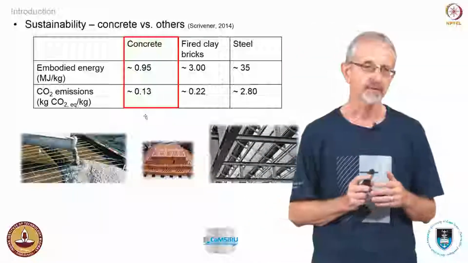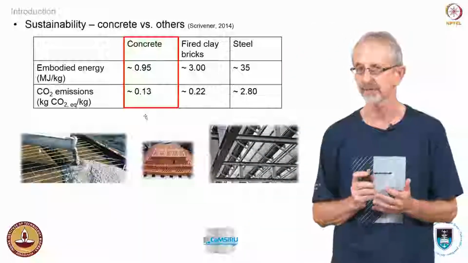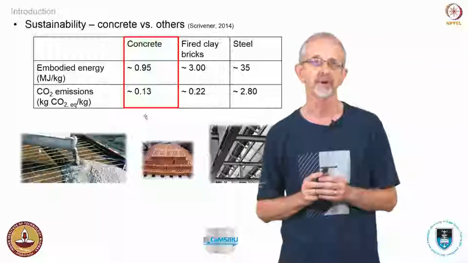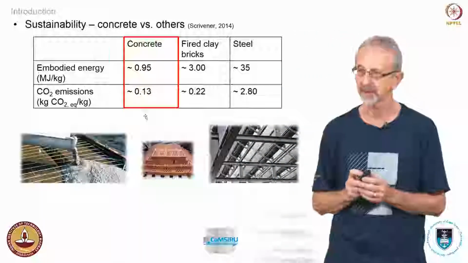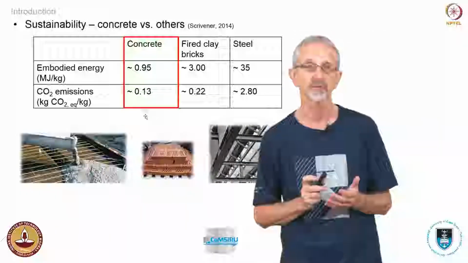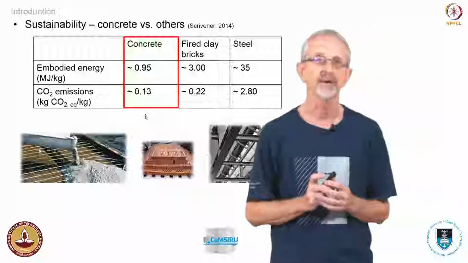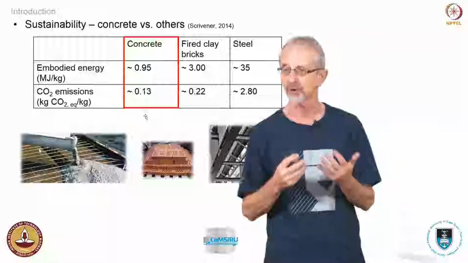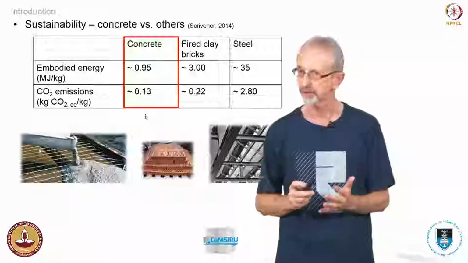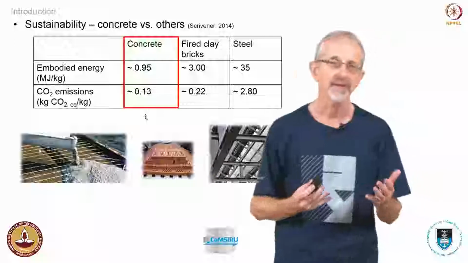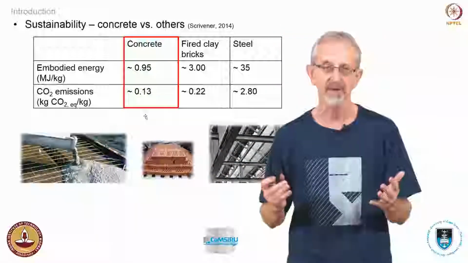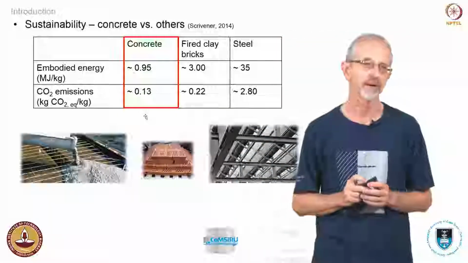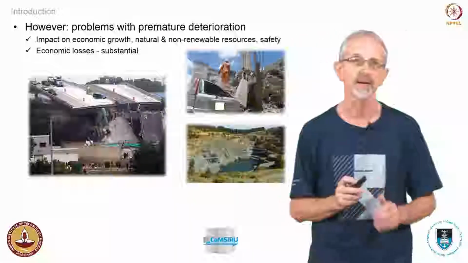Also, concrete is surprisingly a very green material. People think of it as not. But if you look at the figures there, you can see that concrete has relatively low environmental impact factors. Whether it's embodied energy or CO2 emissions, the figures look extremely good. The reason why, of course, we have an issue with this is because concrete is produced in such huge quantities. So if you have so much of it, even multiplying it by relatively low figures means in the end there is a large environmental impact, but not because the material itself is environmentally unfriendly.